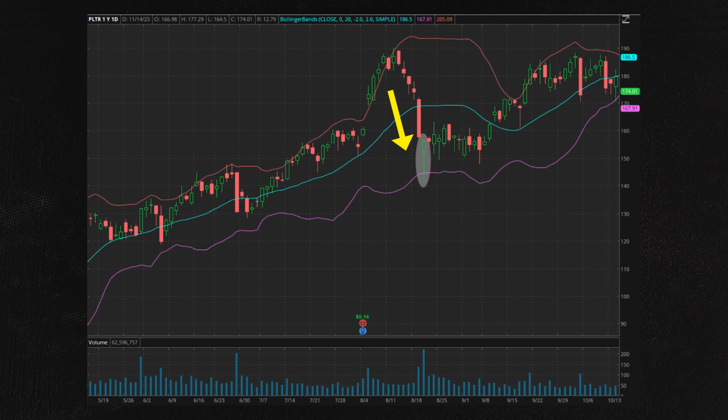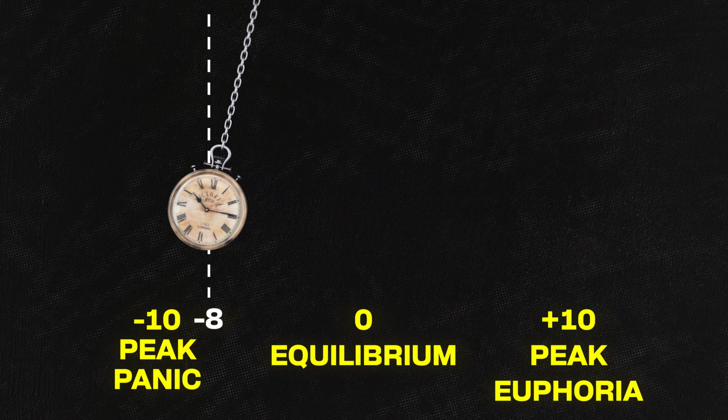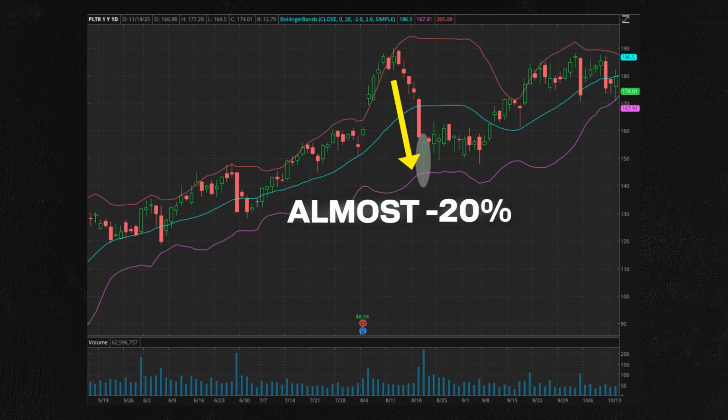In a matter of a few days, we melt all the way to the lower Bollinger Band in what I would describe as sentiment resembling -8 or so. In fact, in the final 2 days, the stock lost almost 20% in value despite being a large established company. To summarize, we went from +6 steady strong on the sentiment pendulum all the way to -8 bearish panic in